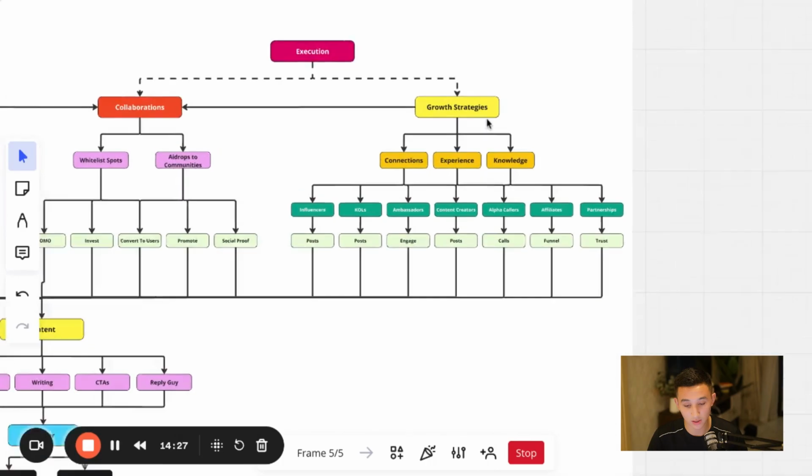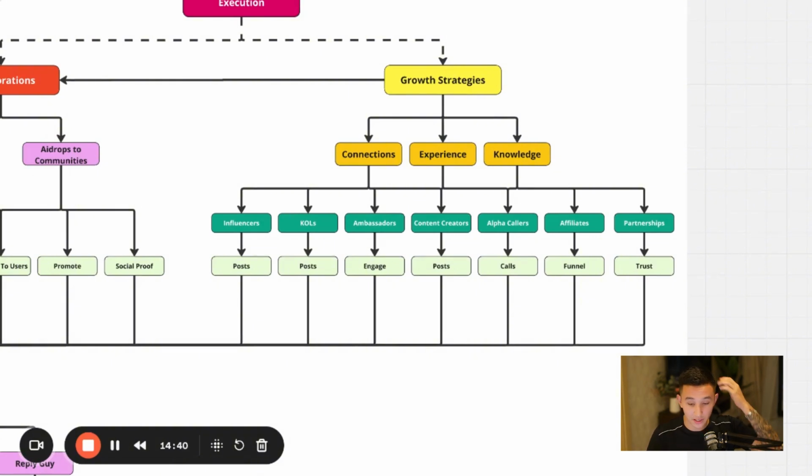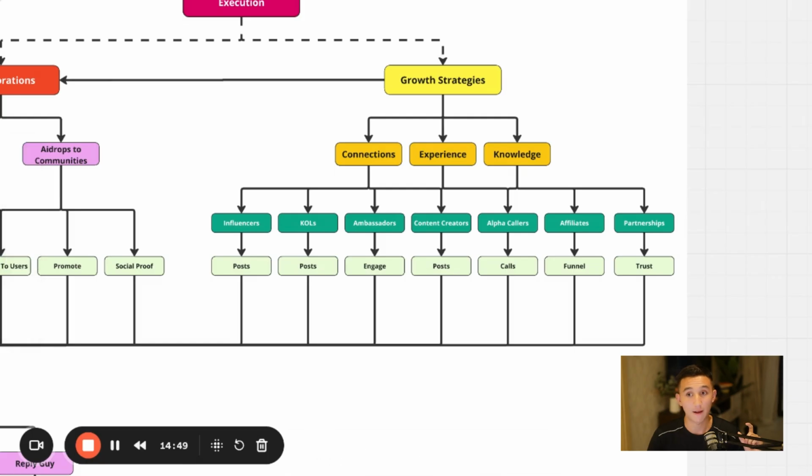So growth hacking strategies are, for every growth hacking strategy which is effective in the market today, you need to have three of these things: connections, experience, and knowledge. So all of these growth hacking strategies I'm going to mention below are extremely effective if they're done with the right people, and if you have the experience and the knowledge of the correct and the